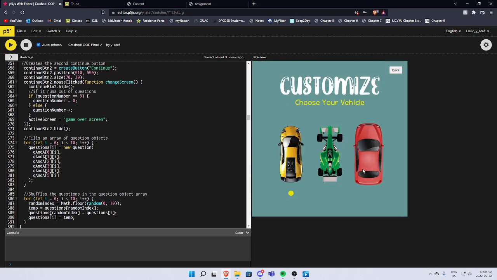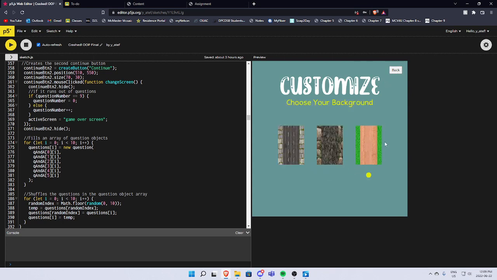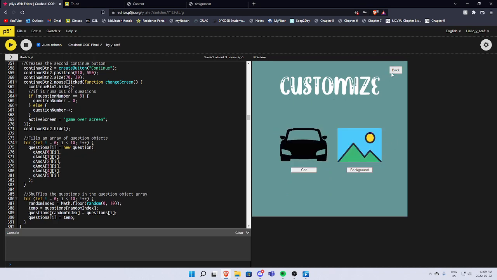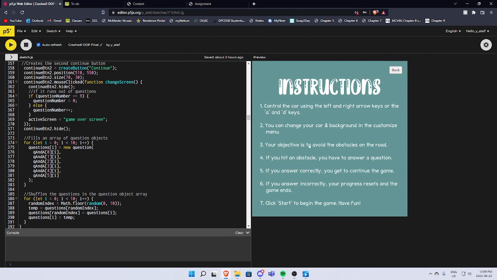You can choose between these three cars. Let's say for example we choose this one, and then you can also change the background. So let's say you have road, stone, and dirt. Let's say we choose dirt, and then the instructions: your objective is to avoid obstacles on the road, so you